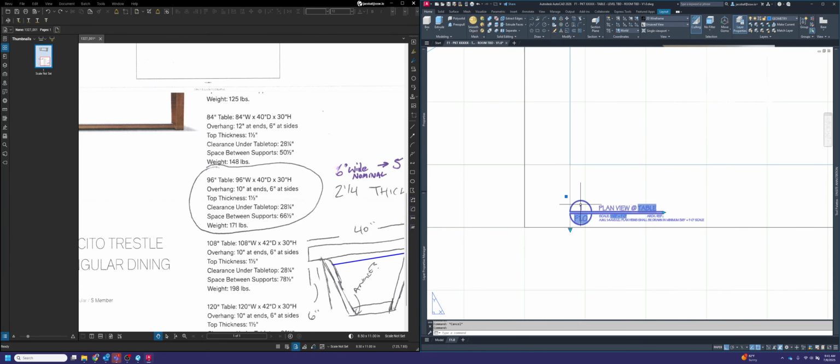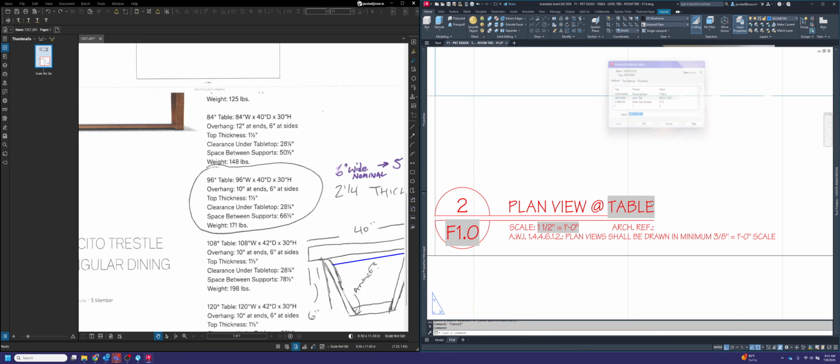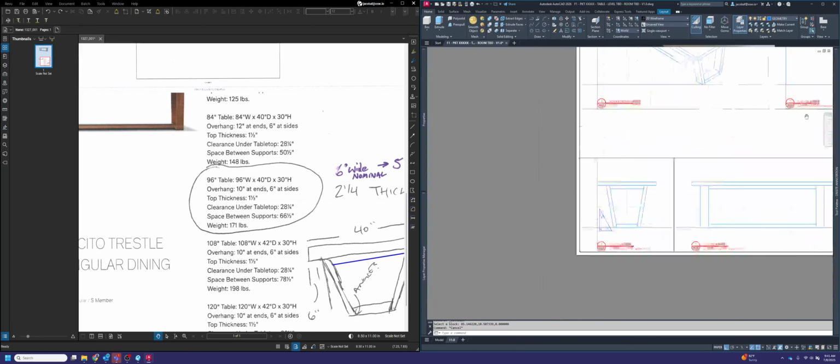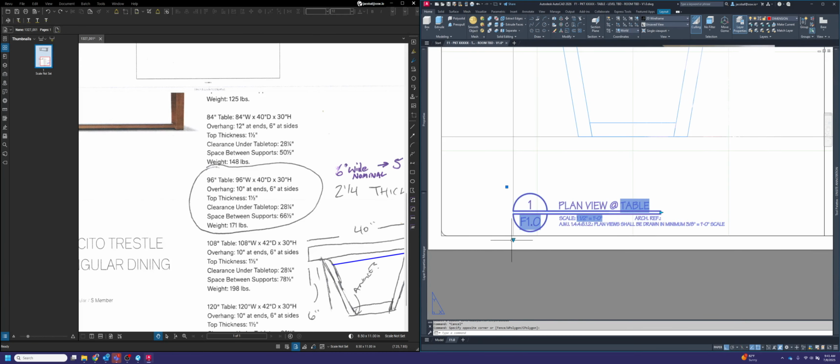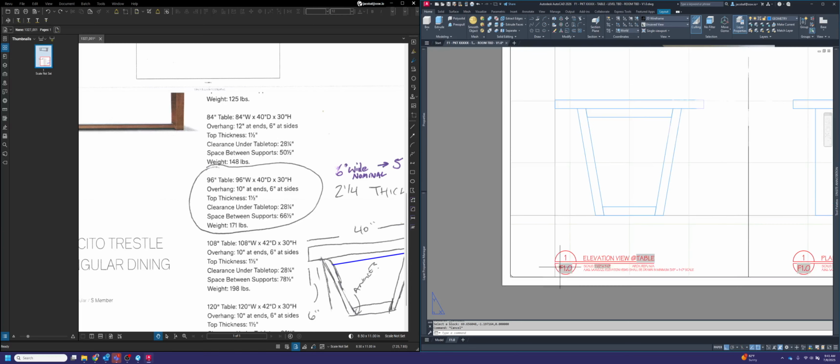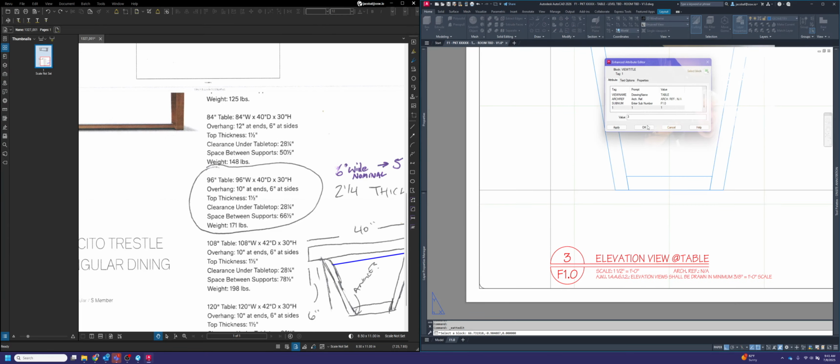All right, so view 2. View 2 is our plan view, so that's already set correctly. We do have to adjust the length of our text here to match up with the text above, and our arc reference will be NA for not available. Side view, this will be an elevation. Elevation view at table, stretch this over, and then adjust it to line up with your text there, and write NA. And make sure that you don't forget your number 2. I almost did. So view 3,